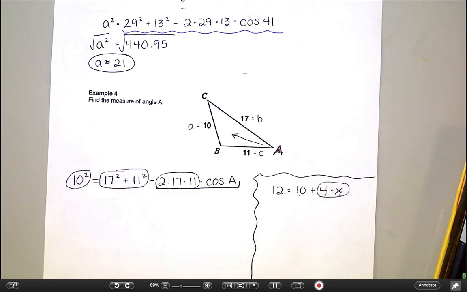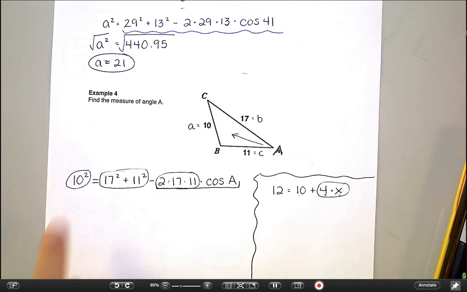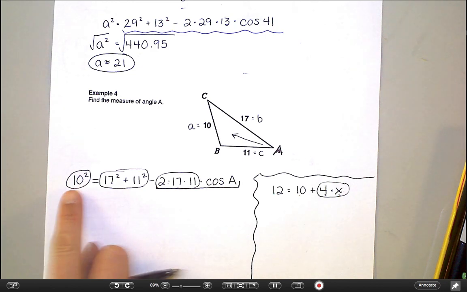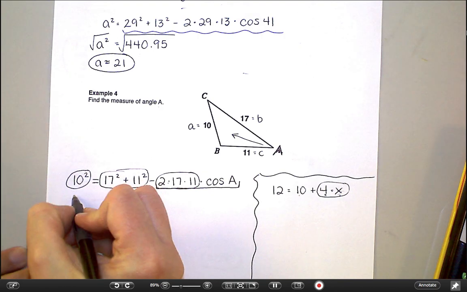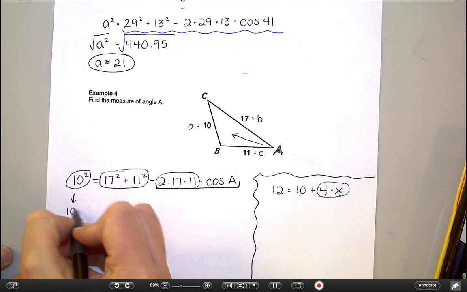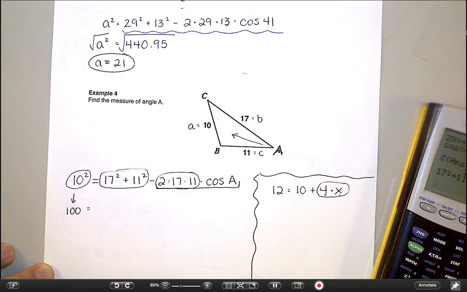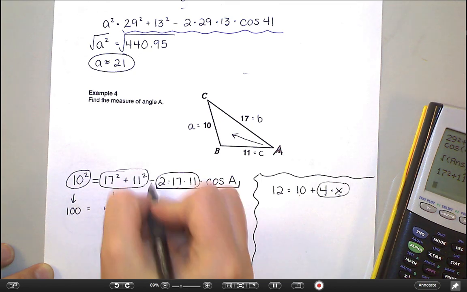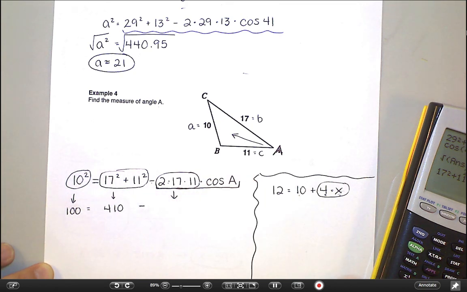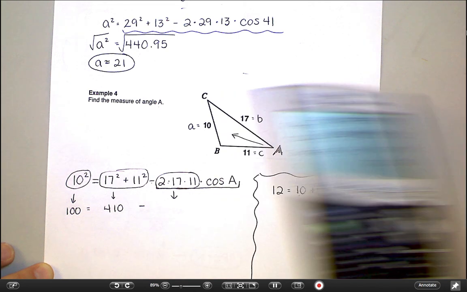So these three things that are circled, I strongly recommend you circle them on your paper too, because when you're doing this process, you're going to do them in chunks. You're going to do them in these three pieces. So 10 squared is 100. 17 squared plus 11 squared comes out to be 410, minus, and then here I can do 2 times 17 times 11 and get 374